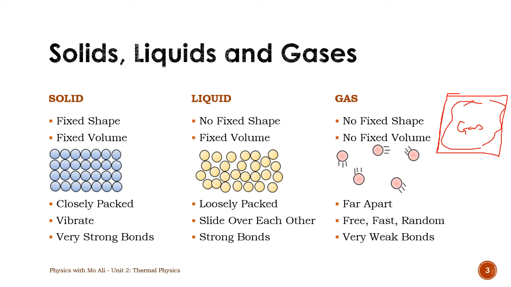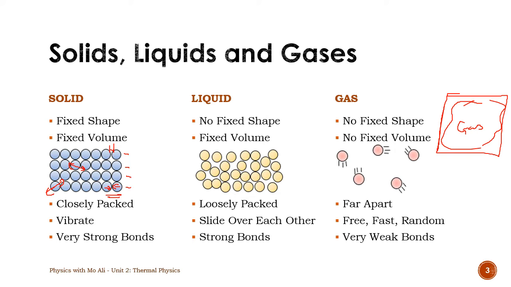Okay, next, in terms of molecules, we say that solids molecules are closely packed. This means 2 things. One, the space between molecules in a solid is very small, and there's almost no spacing, and they are regularly arranged. There's a particular order to the molecules. The molecules, however, do move and they do vibrate about a fixed position. So the molecules don't move around and they don't slide, they just keep vibrating in a fixed position. And finally, all of this is because they have extremely strong bonds. The forces between the molecules and each other are very, very, very strong, which keeps them closely packed and vibrating